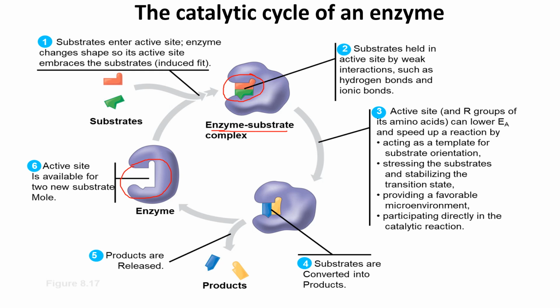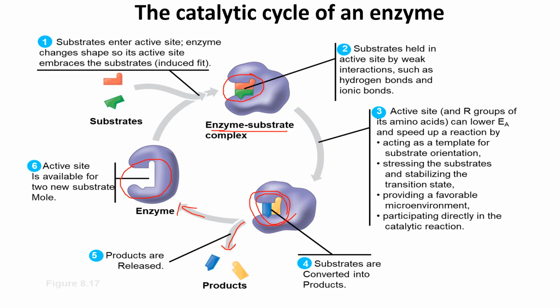There the substrate goes through different kinds of conformational change or different reactions. Ultimately the substrate is converted into product. So the enzyme substrate complex is converted into an enzyme product complex. So we have product on the active site where the substrate has been converted. It means the reaction has taken place here because of this enzyme, and the product is released from the active site, and the enzyme will be in its original condition. So this is the whole cycle of enzyme catalyzed reactions.